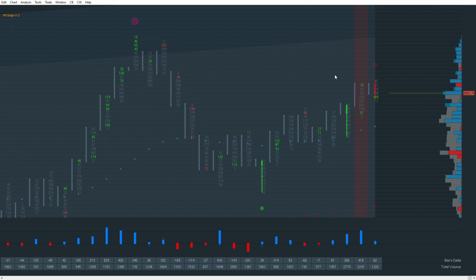Okay, so I thought I'd do a quick video on the changes from IPS Edge version 1.1 to version 1.2, which is basically going to be released pretty much any day. Probably the weekend when the markets are not live, and I have to do a little bit of final testing. Anyway, the first thing that's new and pretty clear and apparent is what I refer to as